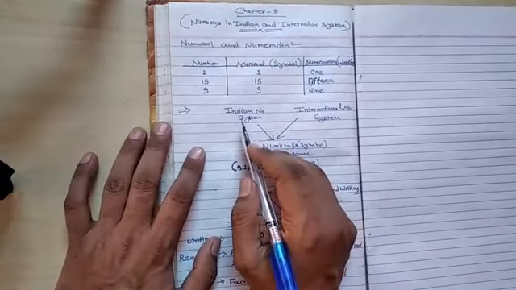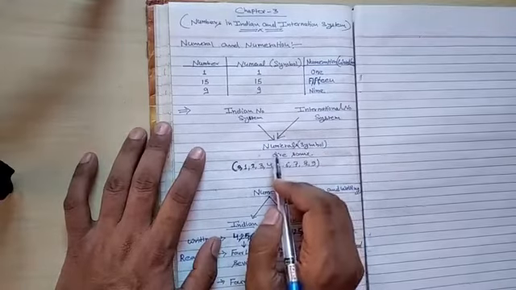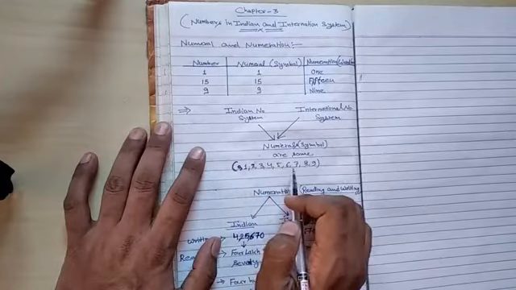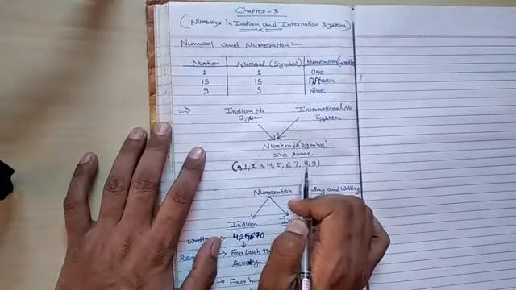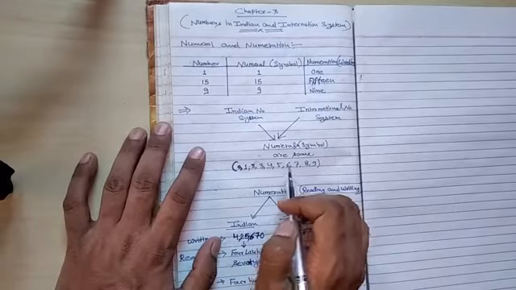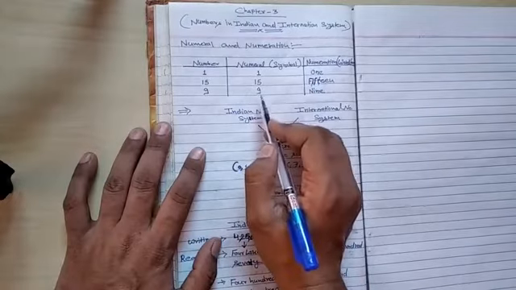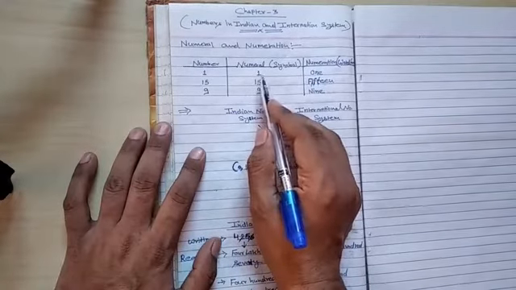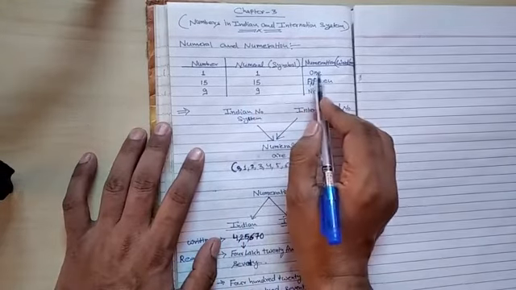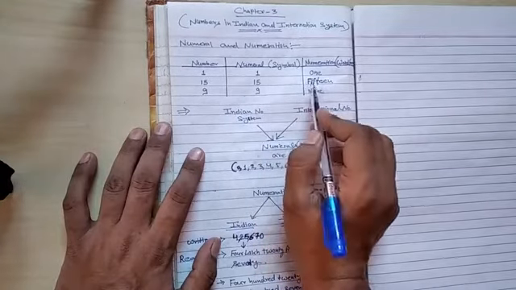In both the Indian and international systems, the numerals remain the same: 0, 1, 2, 3, 4, 5, 6, 7, 8, 9. These are 10 symbols, or 10 numerals, which are used to represent the numbers. This is the numeral 1, this is 15, and this is 9. And these are the numeration, or word form, of these numbers.